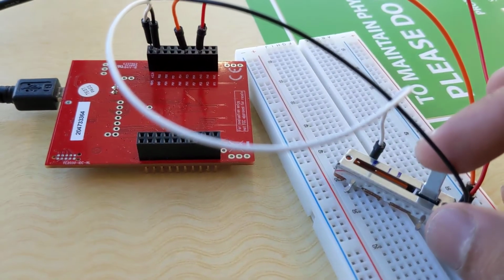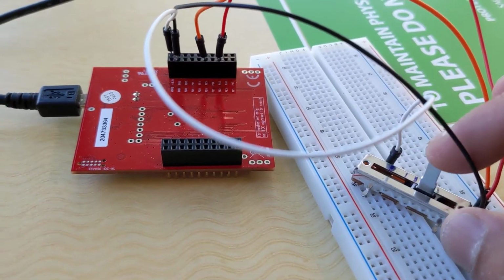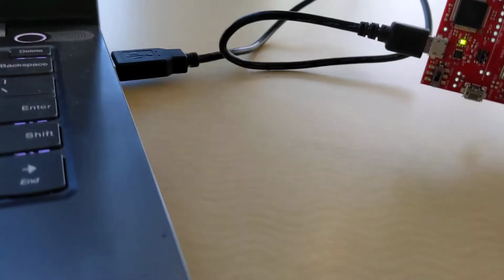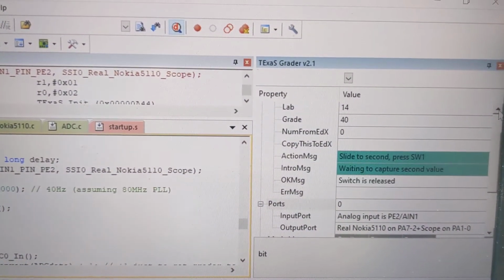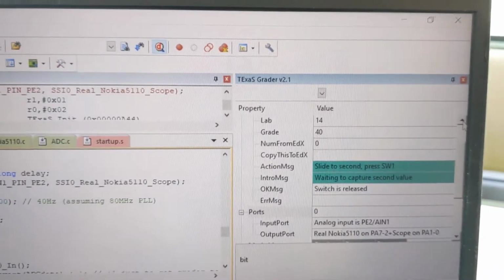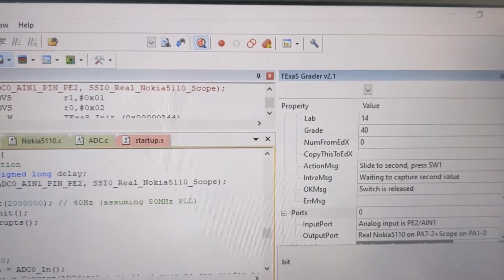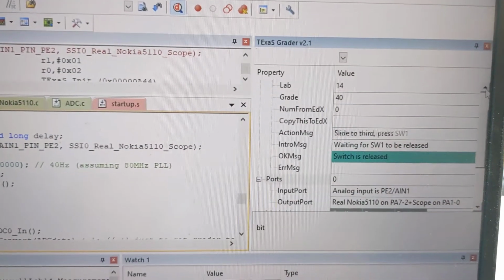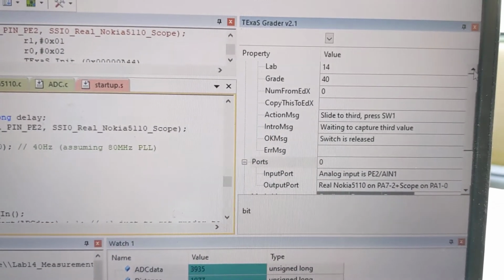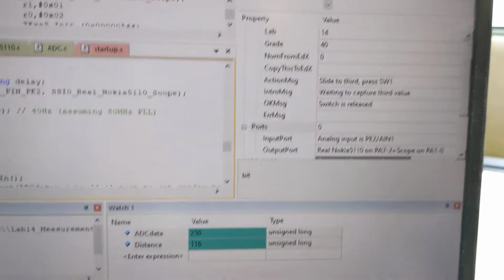So I can show you, I'm sliding it here. Okay, and I'm pressing the switch as well, which is my switch 1. Okay, and now it's asking me to toggle to the next, so I'm toggling again and pressing the switch 1. Okay, and I'm moving it to 3, and I am again